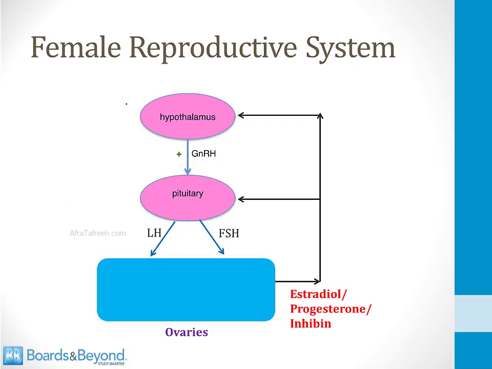By way of review, the female reproductive system involves the hypothalamus releasing GnRH onto the pituitary gland, which when stimulated will secrete LH and FSH, which can then go and interact with the ovaries. The ovaries then produce estrogens like estradiol. They can also produce progesterone, and they can also produce inhibin, all of which can feed back on the hypothalamus and the pituitary. And in this module, we're going to talk about how this whole system works to create the